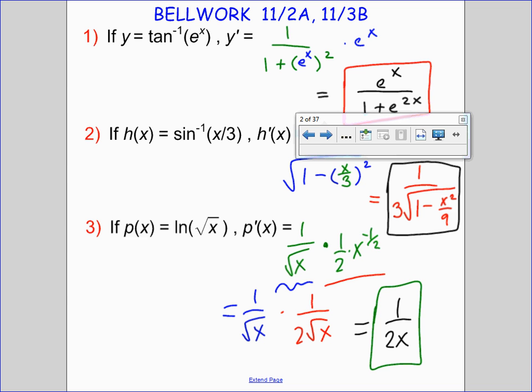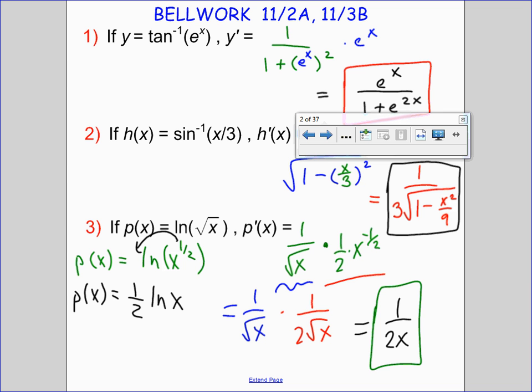Okay. How could we have done number 3 differently and saved a little bit of this exponent simplification? Again, that's recognizing your properties of logarithms and rewriting my original function first, and then differentiating with an easier rule. Well, if we were to recognize that this square root of x inside is equivalent to x to the 1/2, and then used our properties of logs, and in fact the log of a power property, which allows us to bring down that exponent as a constant multiplier in front,